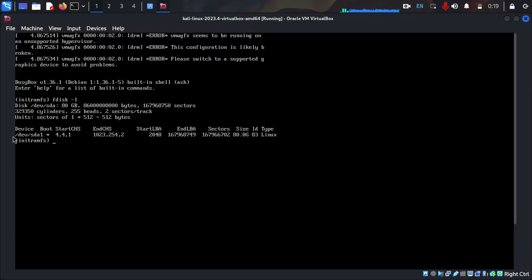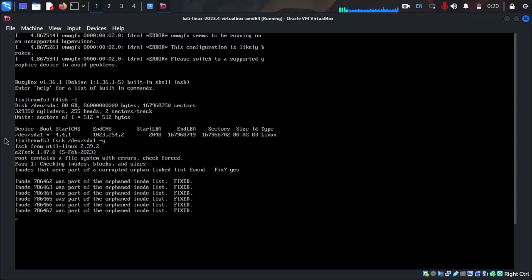To fix these errors on our Linux machine, we are going to use a command called fsck. Now this command is similar to the one in Windows, where you say chkdsk. Here we are going to say fsck, then put /dev/sda1. This is the partition that we are trying to scan. So I'm going to say fsck /dev/sda1